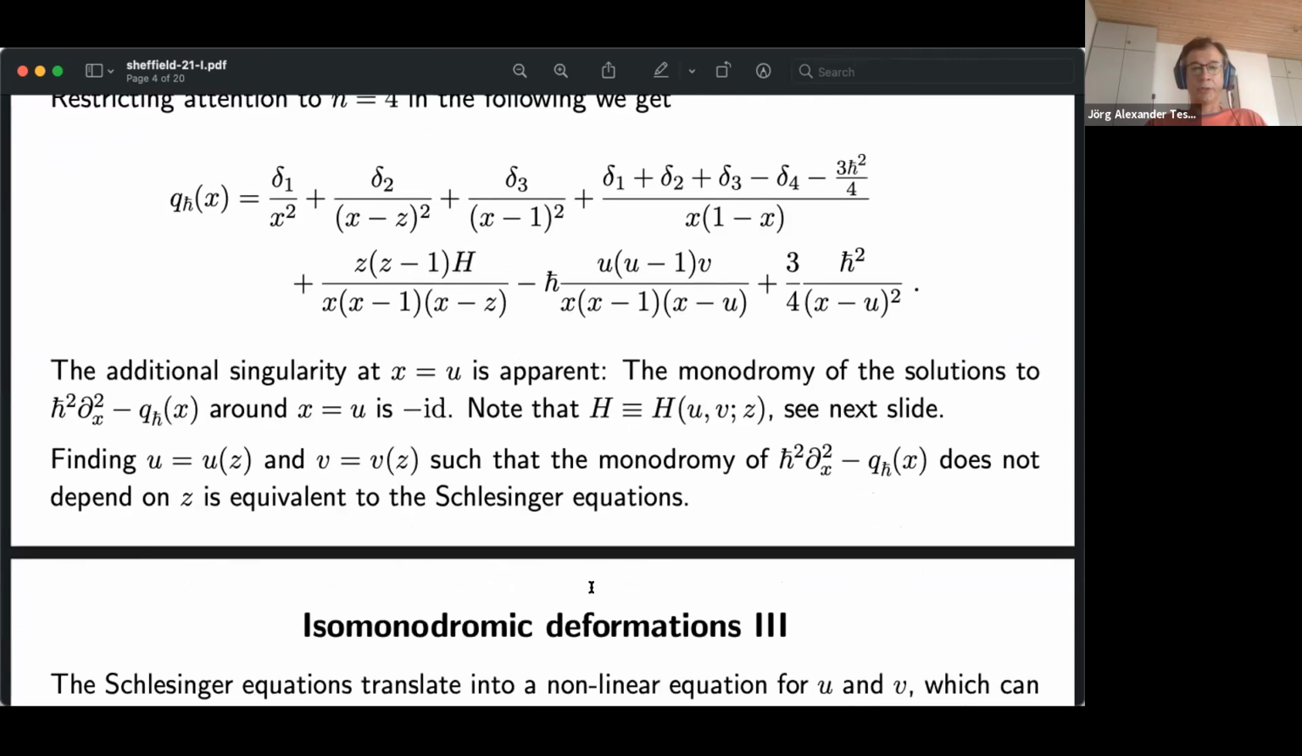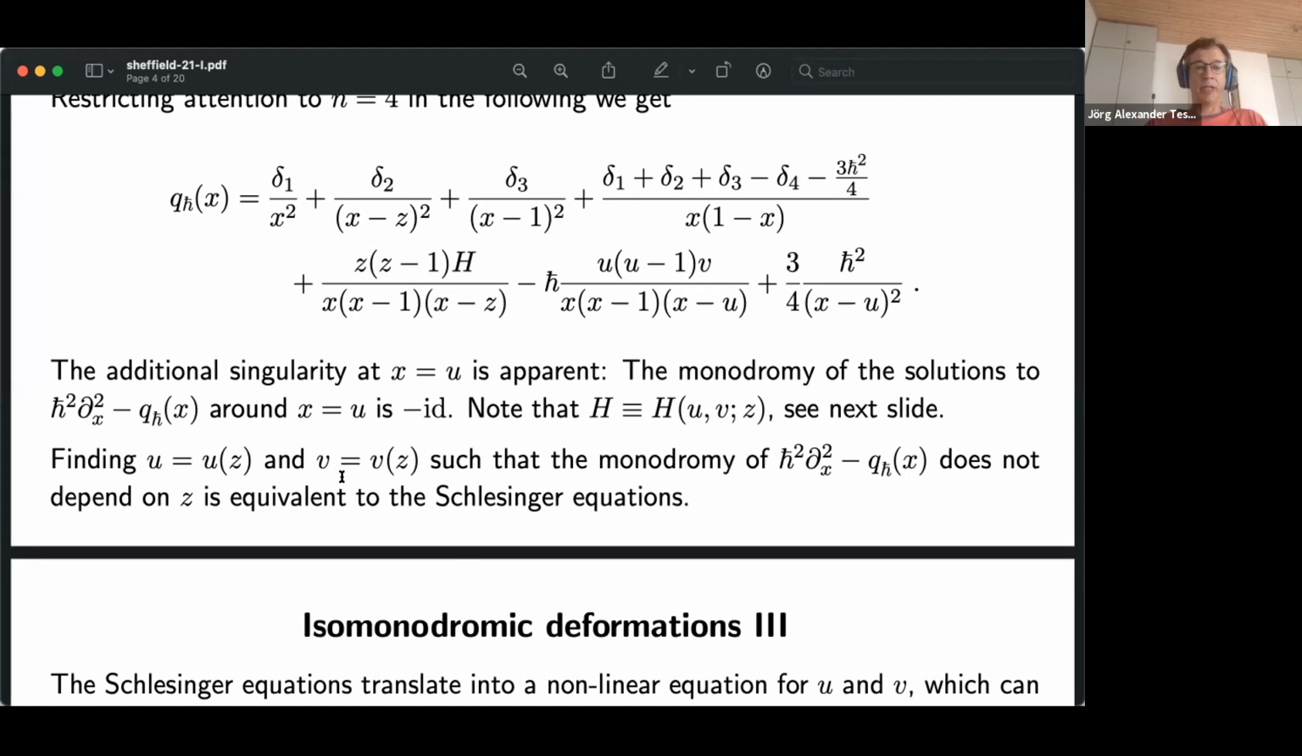Good. To cut the long story short, what we have is basically a reformulation of the Schlesinger equation into a system of equations. So this is just what follows from this construction. It is a reformulation of the Schlesinger equation into nonlinear partial differential equations on u and v, now considered as a function of z. That is now having fixed three punctures at 0, 1, and infinity. There is a fourth one, which we